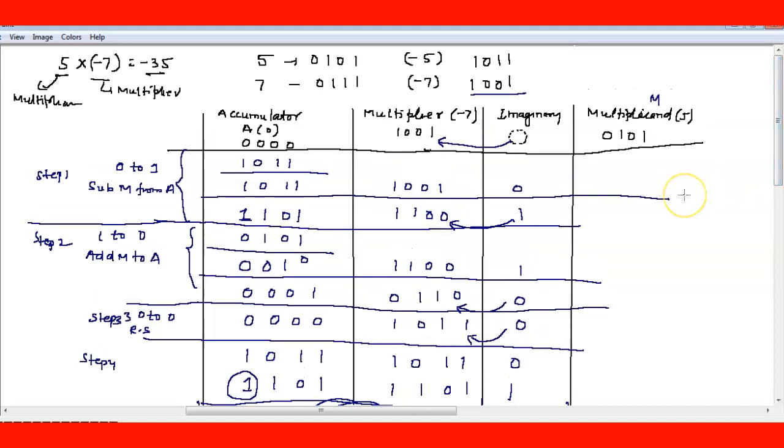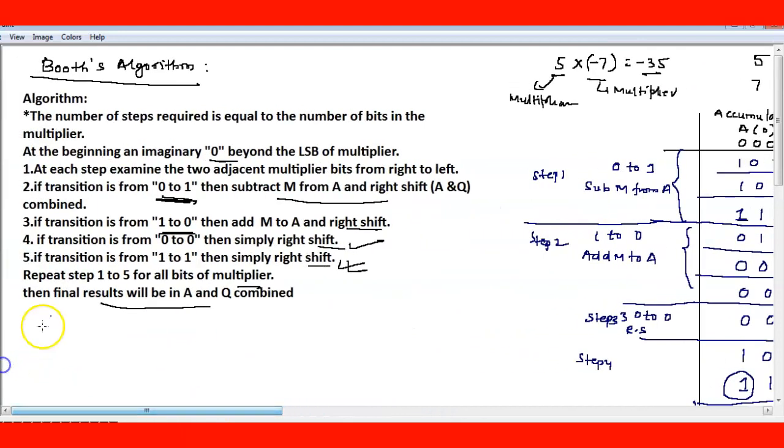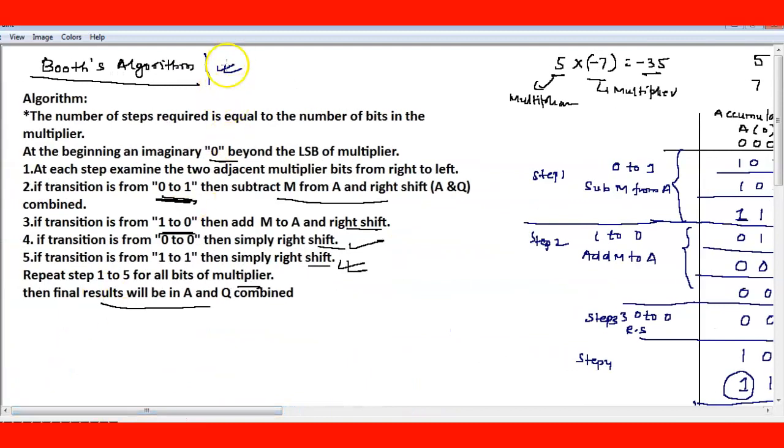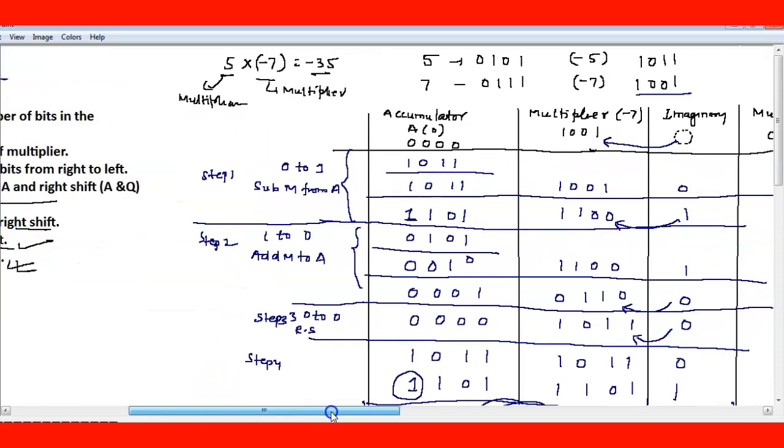So Booth algorithm works for signed numbers also. Booth algorithm is applicable for both positive and negative numbers. That's why it is very powerful, and at no point in this multiplication do we actually multiply; we are just using a circuit with an adder and subtractor. That's why this is a super fast algorithm to multiply any numbers. It is especially called Booth algorithm for signed numbers because it is applicable for both positive as well as negative numbers. We'll see some more examples based on this.